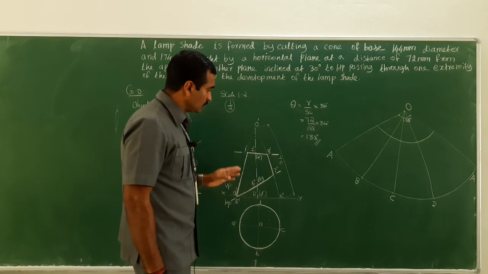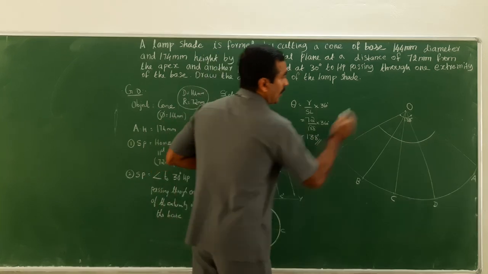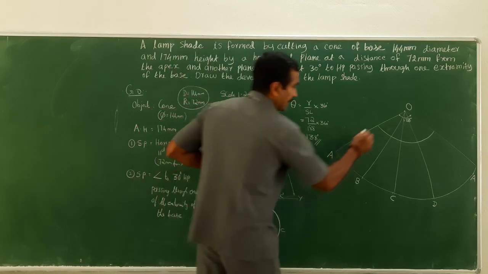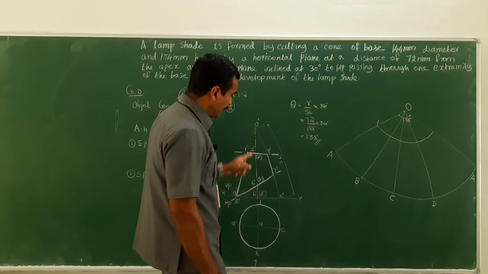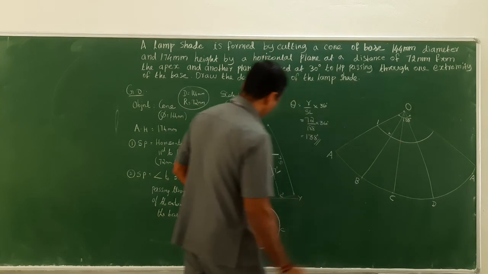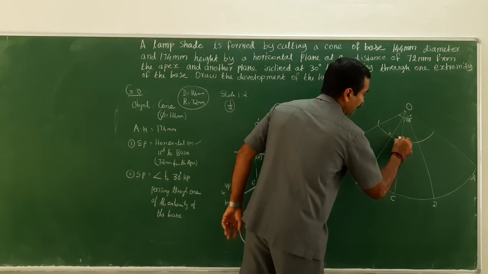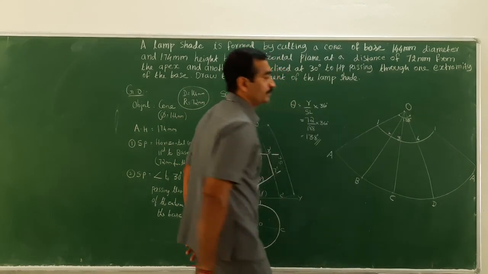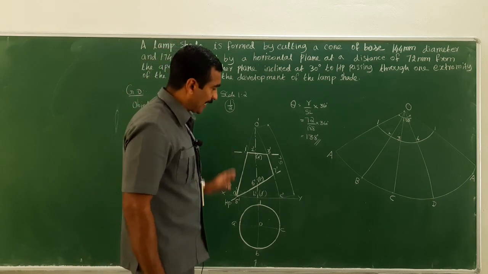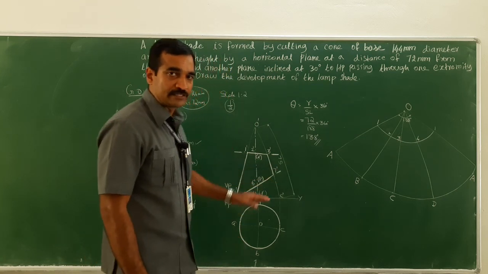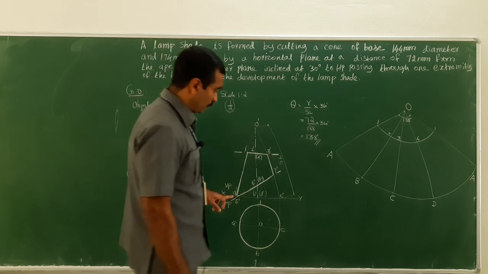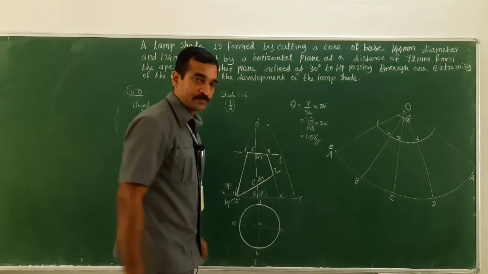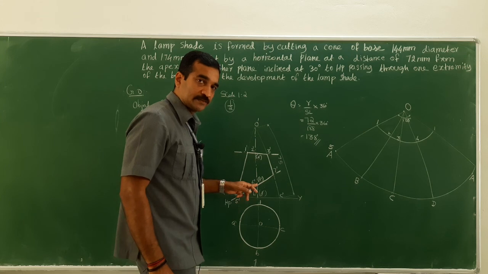Next, let's move to here. I'll have to transfer these points on this development. On OA, it is 1. On OB, it is 2. On OC, it is 3. And on OD, it is 4. Again, OA, it is 1. Now, I need to transfer the points of the second cutting plane. On OA, it is 5, exactly here. On OB, 6.